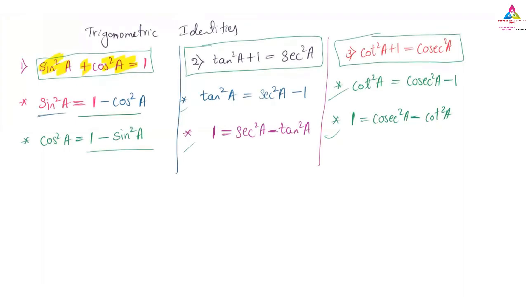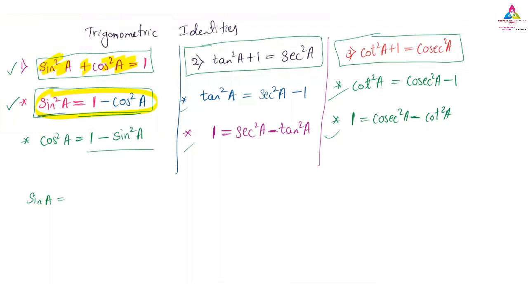Sometimes they will ask you to find the sin a value. Sometimes they will ask what is the sin a value. You know sin a is nothing but opposite by adjacent. But based on this formula, how can you write it in terms of trigonometric ratios? What is sin a? We will use this formula and write it in terms of sin a.